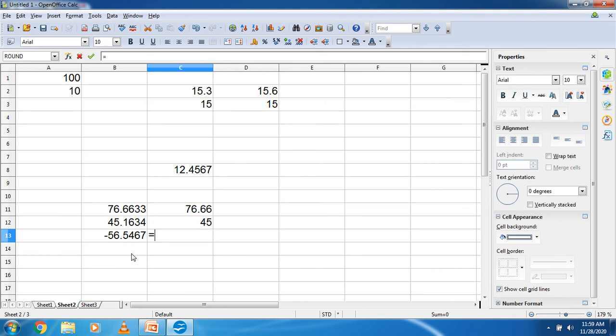I don't want any decimal number, so the answer will be 45 only, right? Again here suppose I use the round function, round, bracket open, select the number, and here I want 3 digits after the dot, so I write 3, bracket close, enter. So minus 56.547. Why is it converted to 7? Because after 5 the number will be changed. Okay, in the second example,